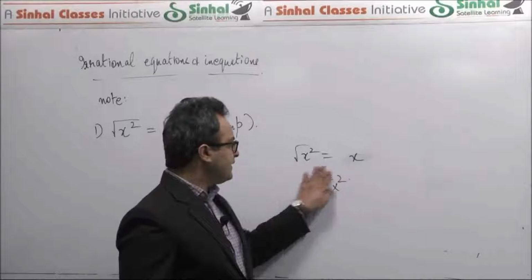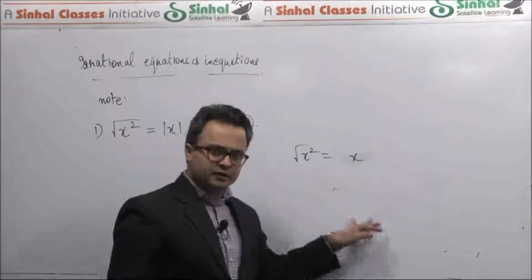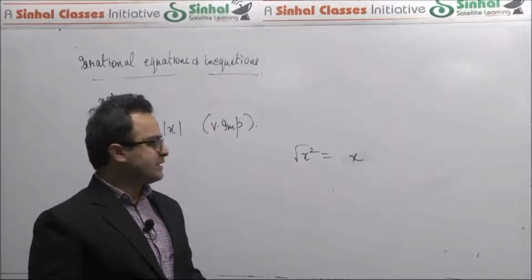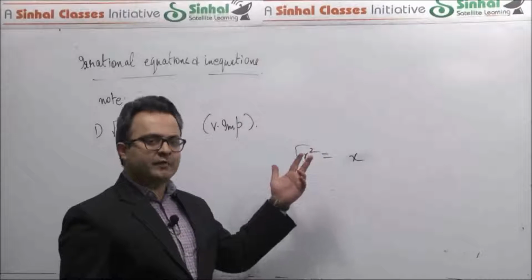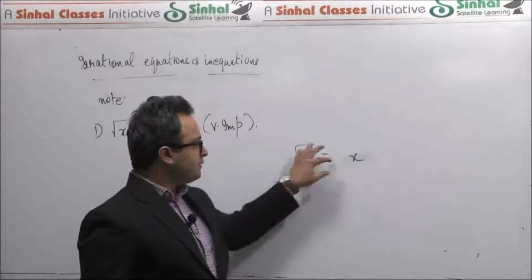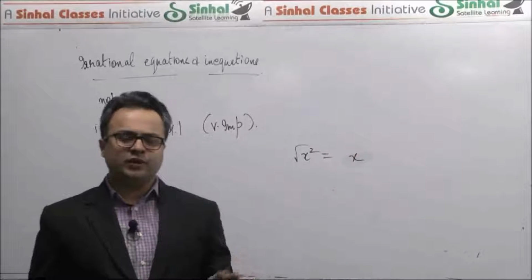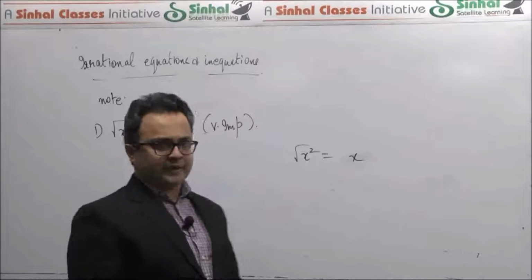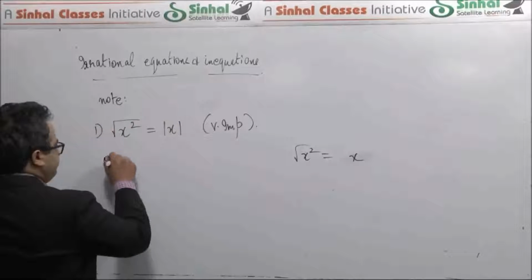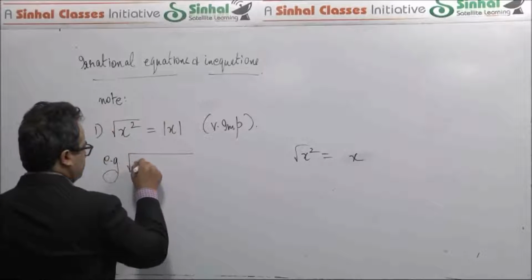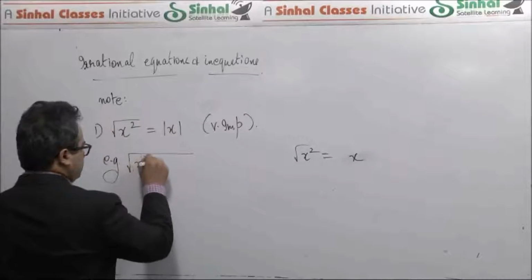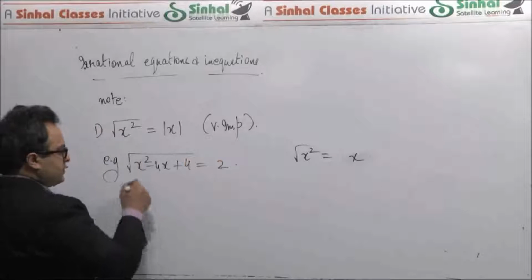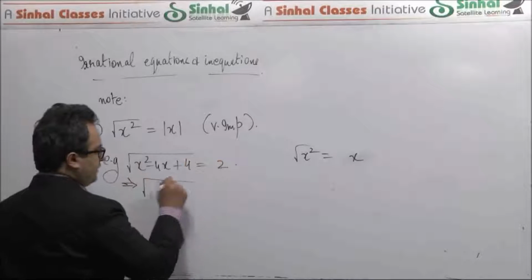root of x square equal to x will clearly not be allowed, given the definition that root of x is always greater than or equal to 0. Root of x square equal to x will clearly not be valid when x is a negative value, and therefore to ensure that the right hand side is always greater than or equal to 0, you put a mod. So root of x square again will always be taken as mod of x. So as an example, if I want to solve this question, I could simply say that this is root of